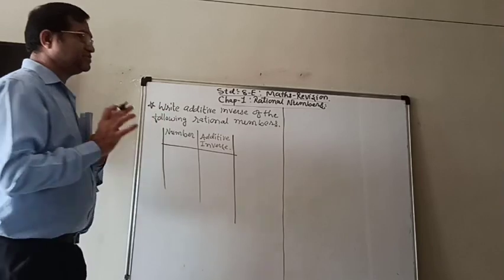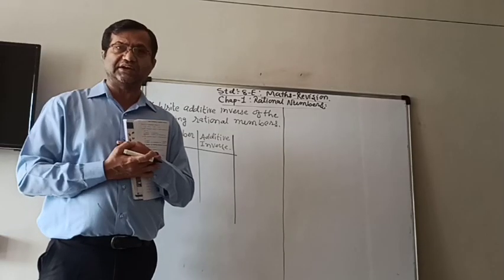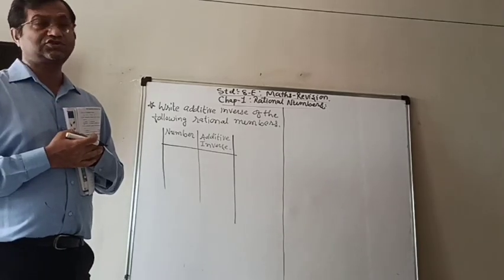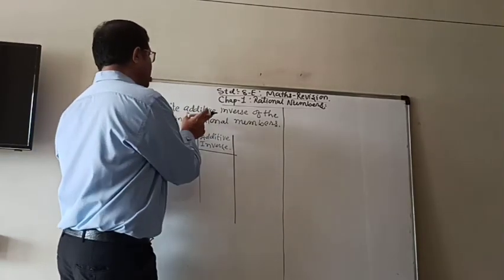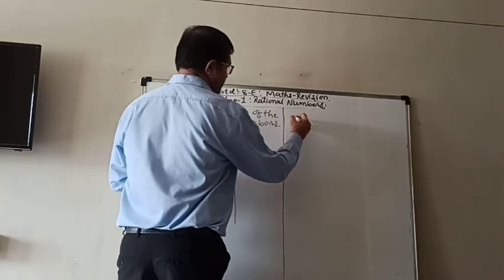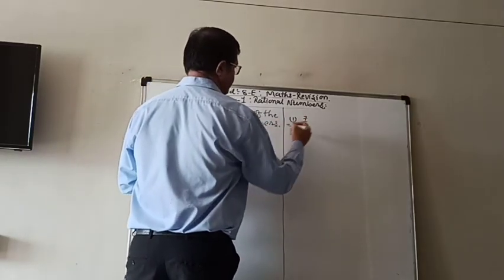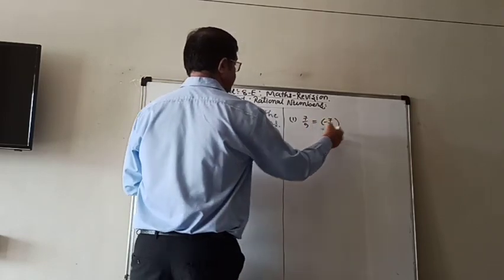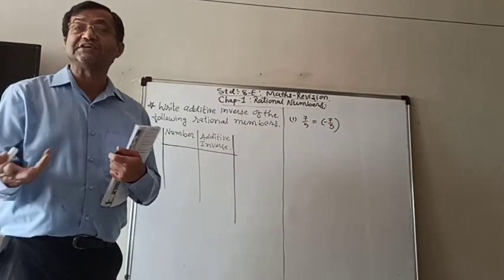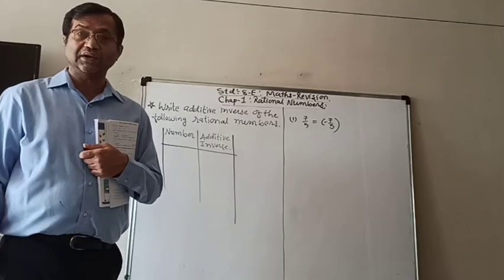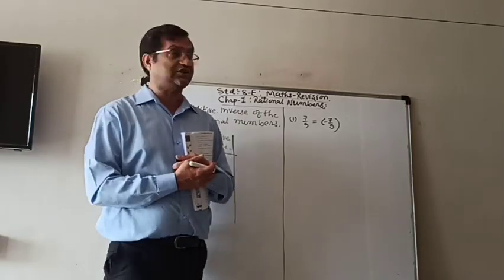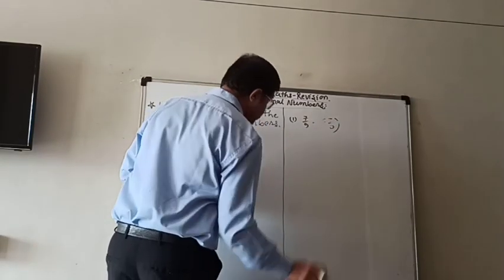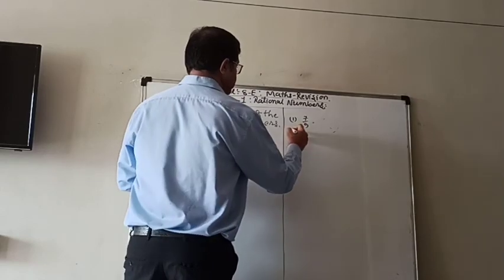In the exam also you must do like that if a few numbers are given, because sometimes what students write down, they are asked to write the additive inverse. Suppose I ask first 7 upon 5, they will write 7 upon 5 is equal to minus 7 upon 5. Why do they write is equal to between them? Are they equal? They are totally opposite of each other. So, or you can write down the whole sentence like that.